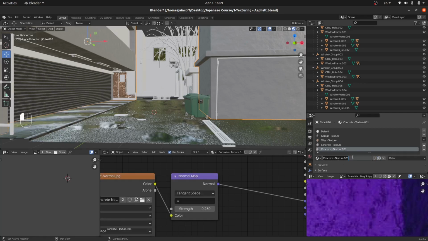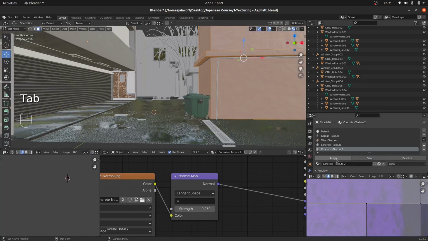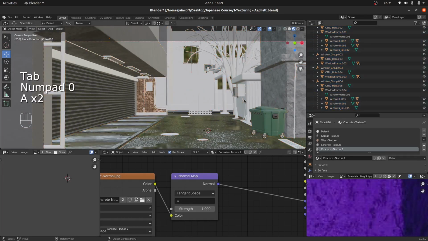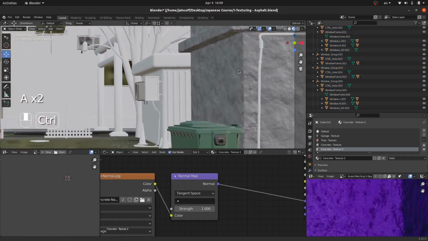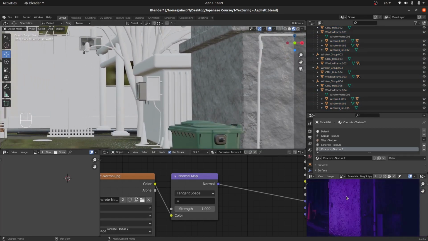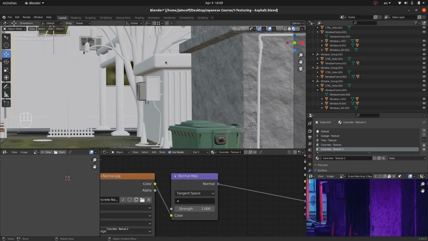So just click on it and let's change its color, make it number 2. And I'm gonna be assigning it to this one, so assign, and from here I'm gonna set it to 1, make it look bumpy. So if we hit 0, you can see that it's bumpy over here. That's nice. So for the third one, the one on the back, the building on the back, I'm gonna just